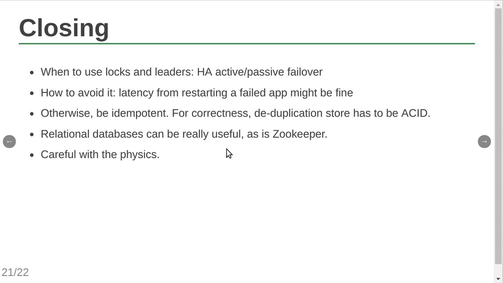If there is only one instance of your service, and if that service dies, somebody will automatically recreate it for you, right? You can do that with Supervisor, daemons, with platforms, Cloud Foundry, you name it. So if you can suffer a little bit of latency just from restarting an app that died, don't even go there, right? Just don't bother with locks. You don't need it. You can just use a single instance and use a platform to keep it alive. Otherwise,